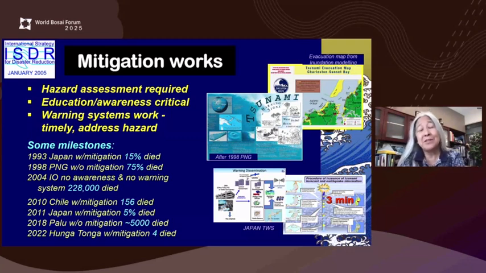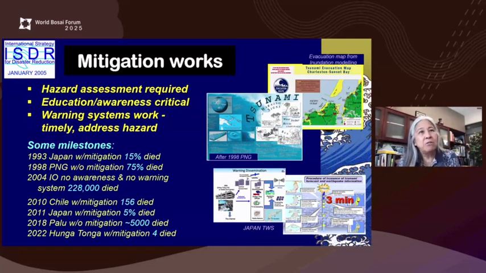I would say it's still a large number. We lost 15%, but there were issues of fires and secondary impacts and seawalls, but relatively few deaths compared to the tsunami event in 1998, where there was absolutely no awareness and no warning system. Most people who were in that area perished, and that was a reason after 1998 that we started to build awareness on natural warning signs, and that was a poster that came out on the right.